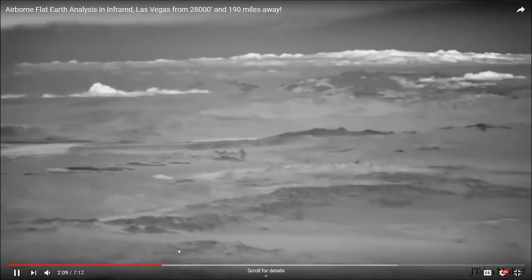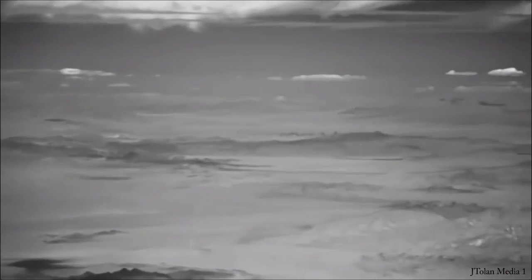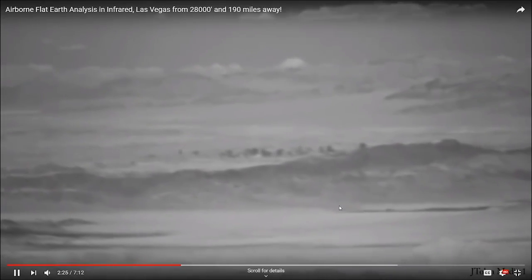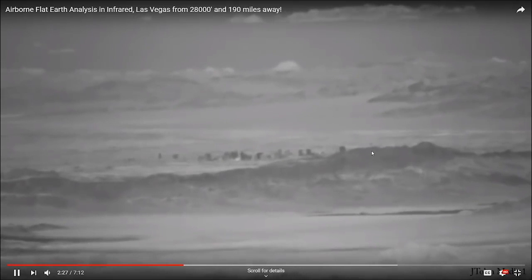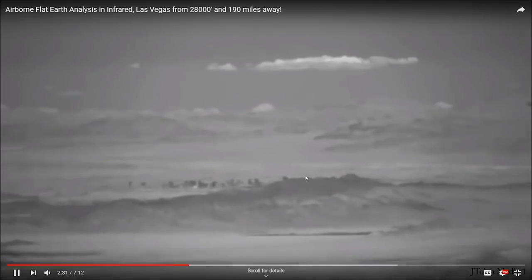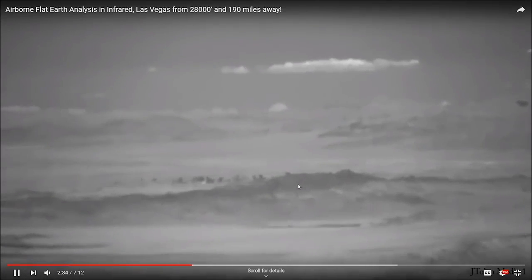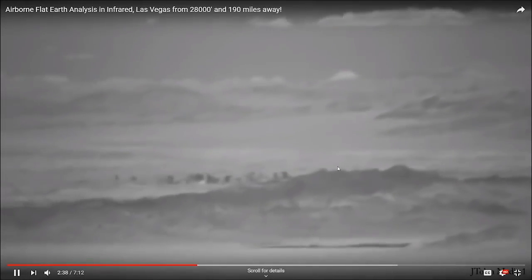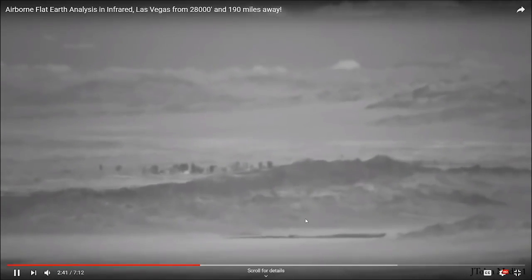So in looking for some positions to begin an analysis of the speed of the aircraft, I started at the 2 minute and 30 second point. I'm looking for the alignment of the Stratosphere Tower and a peak that I can identify. Now I've identified this, that was my starting point right there. I have identified that peak and the position, and I've extended a line from that peak from the Stratosphere over